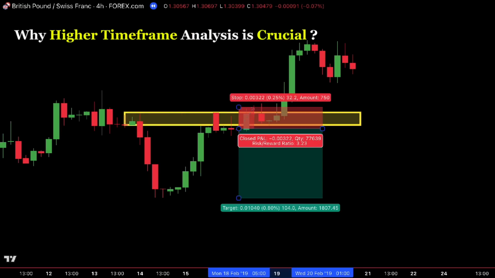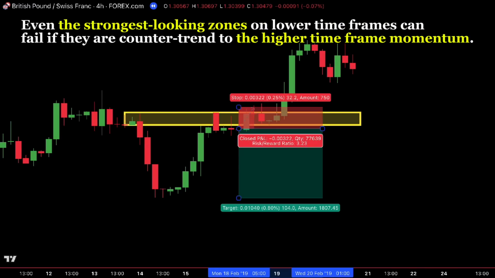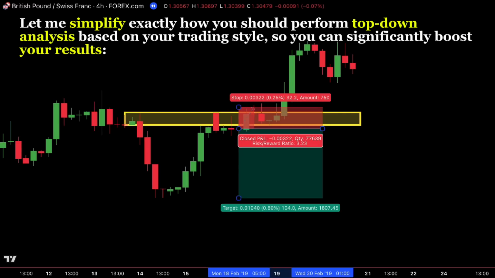So, why is higher time frame analysis crucial? Institutional traders, the real drivers of market direction, operate on higher timeframes. Even the strongest looking zones on lower timeframes can fail if they are counter-trend to the higher timeframe momentum. Let me simplify exactly how you should perform top-down analysis based on your trading style so you can significantly boost